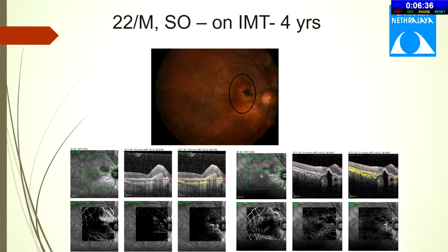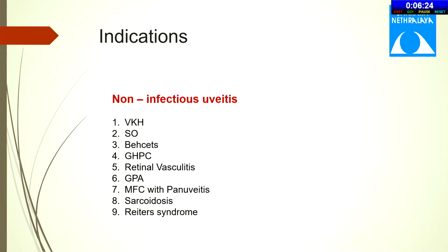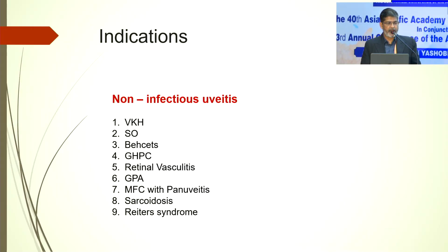You may not be lucky all the time, but this was a 22-year-old male with sympathetic ophthalmia, who was on immunosuppressives, on Azoran, and he still developed an inflammatory CNVM, which was taken care of with intravitreal bevacizumab. So the main indication for any immunosuppressive per se is a non-infectious uveitis like VKH, sympathetic ophthalmia, Behçet's, serpiginous